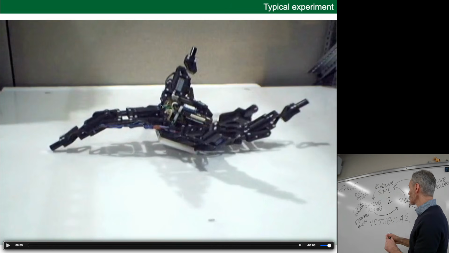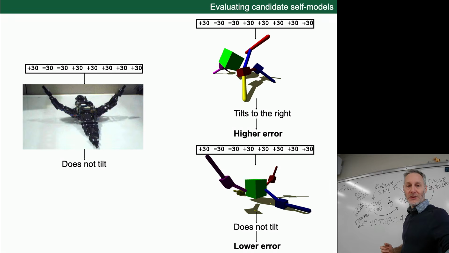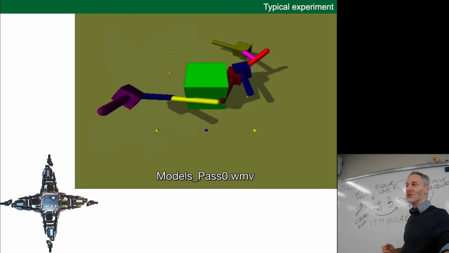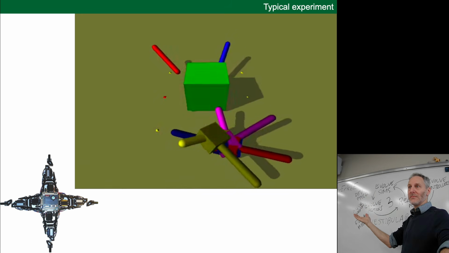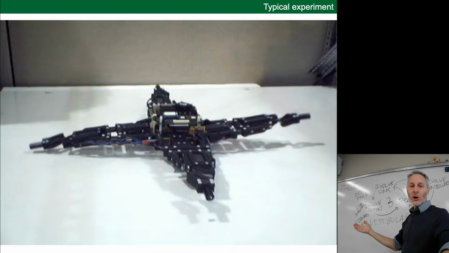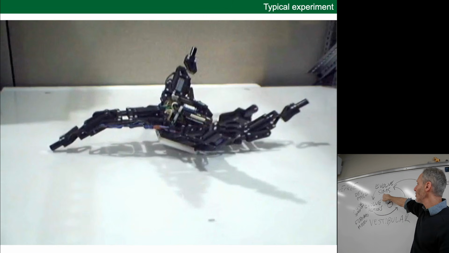You can imagine as you start to go around and around this loop, it gets harder and harder for these self-models because they've got to explain more and more stuff. If I rotate these motors like this, I have to tilt like this. If I get this action and I have to tilt my motors like that, I have to tilt this way. So you can imagine that these crazy, very diverse self-models that you see here are going to start to converge on reality. Okay. So the reason why I skipped ahead to cycle number 8 is I'm about to show you this